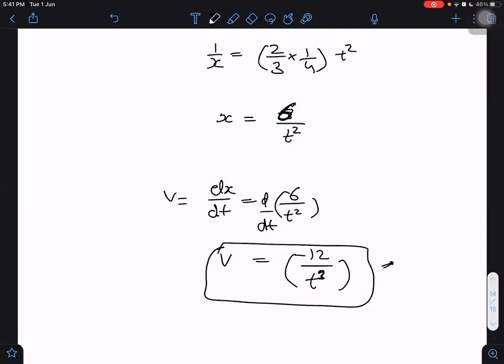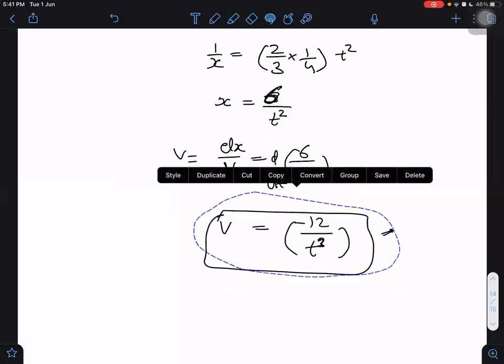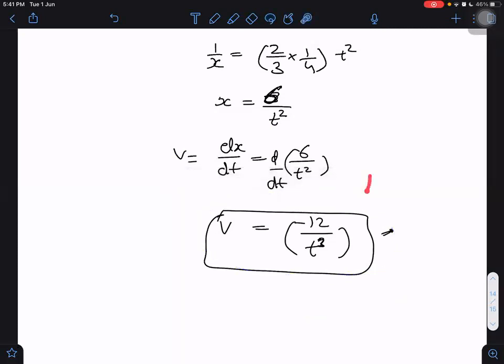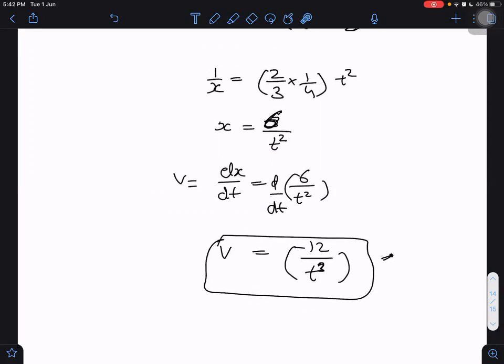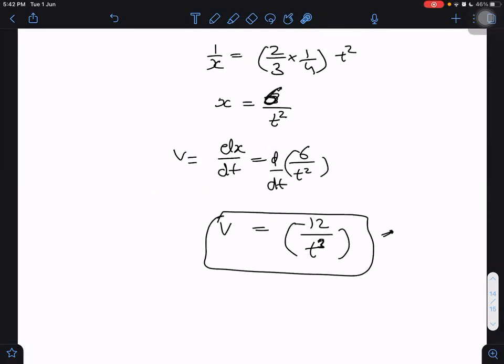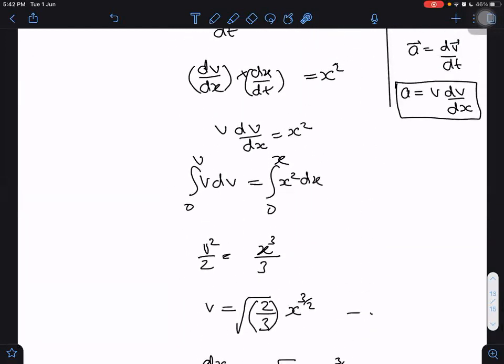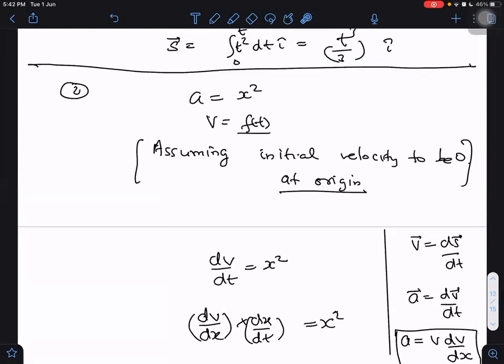Is it the right answer or wrong? There is something wrong in this. Can you tell me what is wrong in this? No, there is something wrong. We have not done any calculation mistake so far. Every calculation is right. Every formula is also right. But even then, in this question, there is something wrong. Now identify what is wrong. Velocity units are meter per second, but this is not. No problem in the units of velocity. Everything is in proper units. But there is something wrong here.